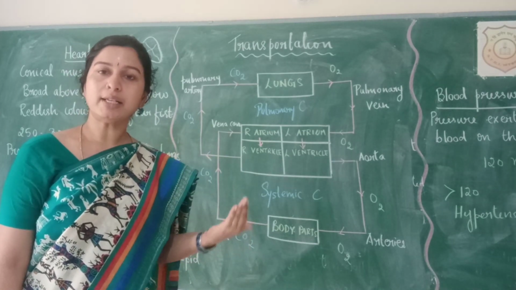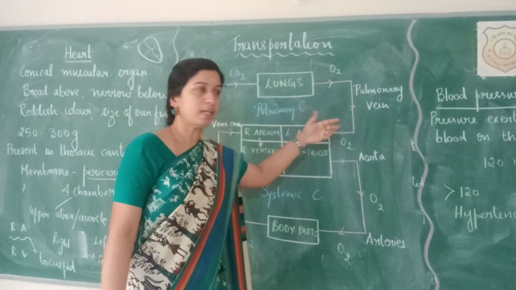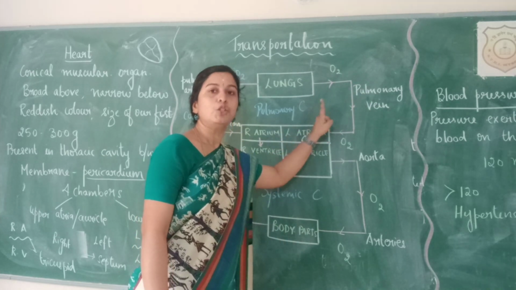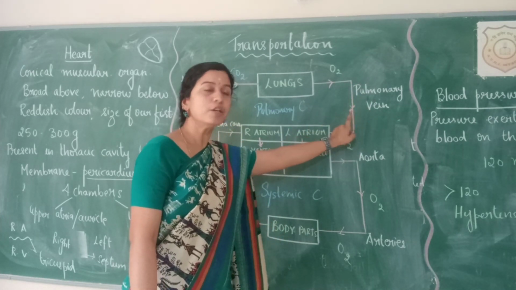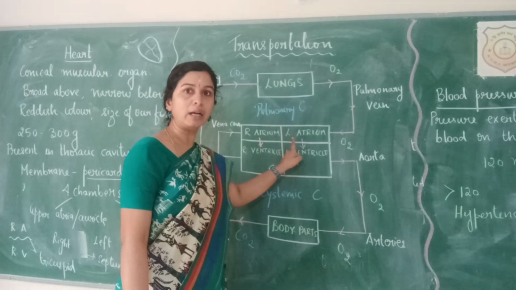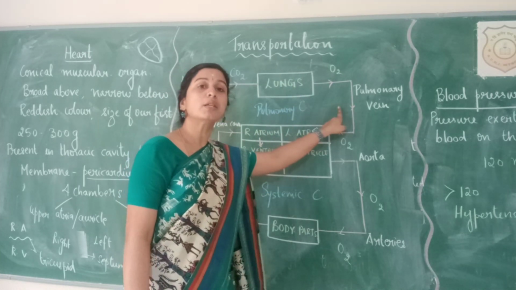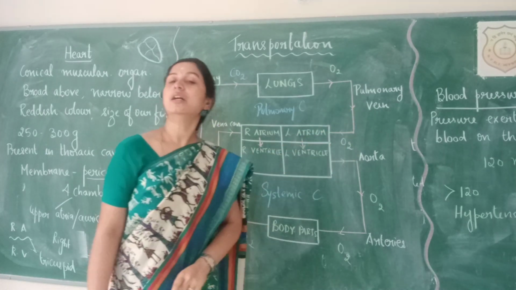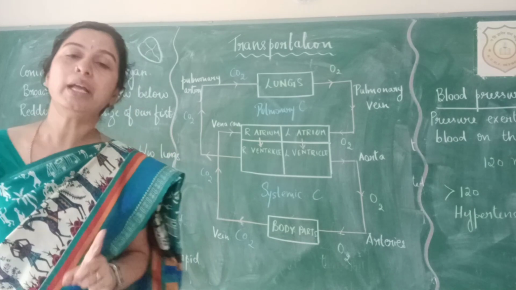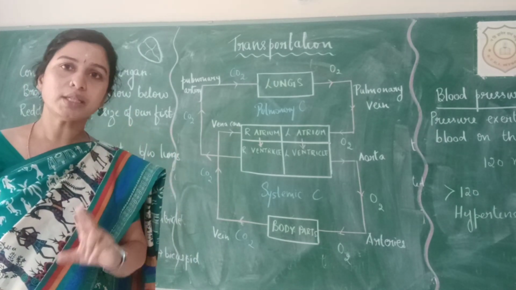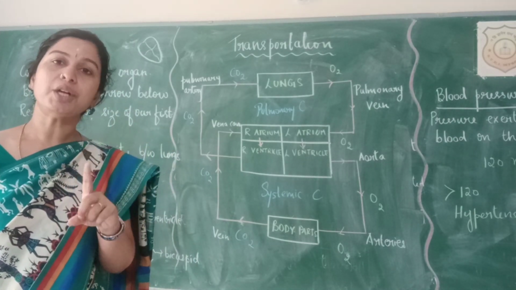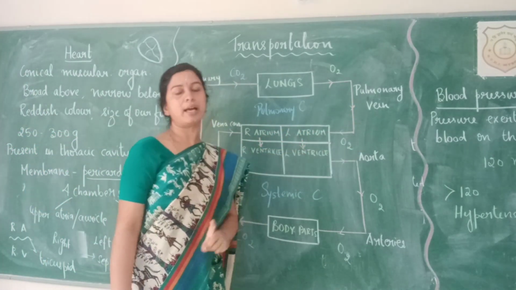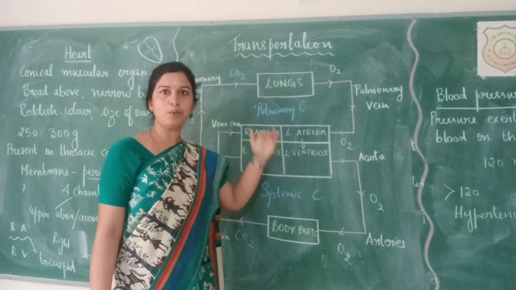From where is it carrying? From the lungs. The term pulmonary means related to lungs. So the pulmonary vein will carry blood from the lungs to the heart. What kind of blood? It is oxygen-rich blood, or oxygenated blood. But again, we learned that veins are involved only in carrying deoxygenated blood. But I also mentioned that there is an exception. So the exception is the pulmonary vein, which only carries oxygenated blood from the lungs to the heart.